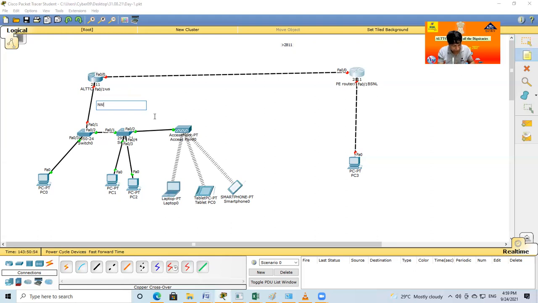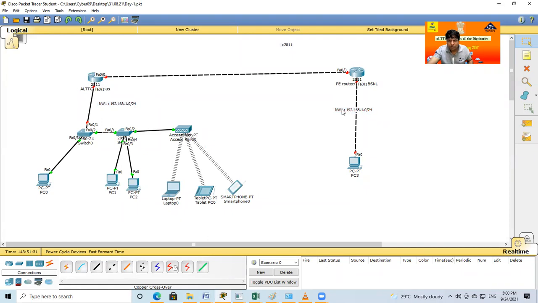Here I write network one, and the ID of this network, suppose I take, 192.168.1.0/24. Already during the IP class discussion we covered this: the network ID is the first IP address, and with the help of this network ID we can easily identify how many IPs and how many networks are possible. So this area is known as network one.